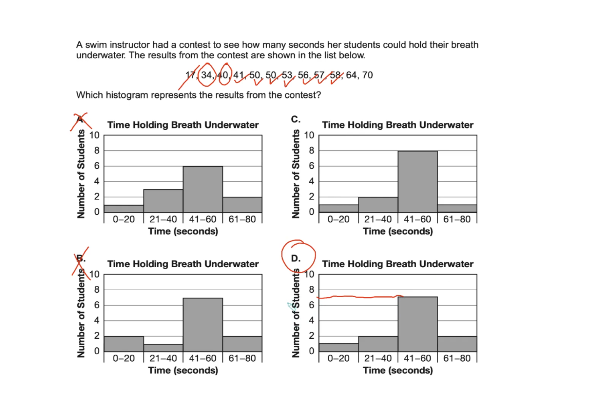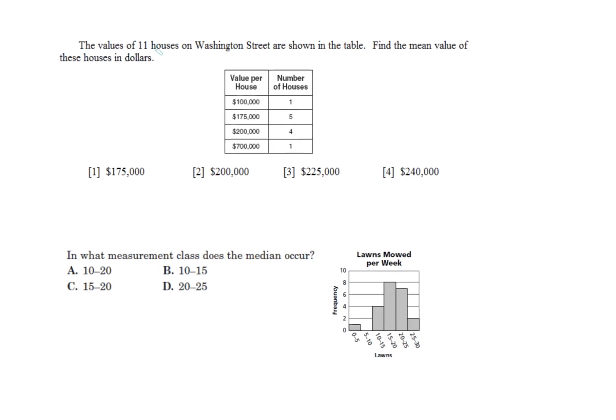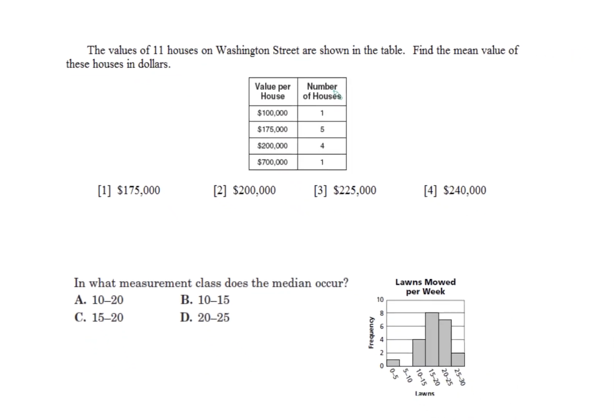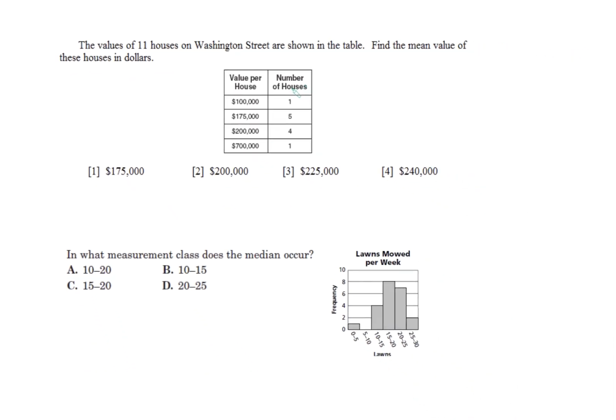The best thing about this problem is I like that they put it in order from smallest to largest. So that really helped us out. The values of 11 houses on Washington Street are shown in the table. Find the mean value of these houses. So we have to find the mean. Now, in order to find the mean, you're going to use the frequency. So here, they didn't call it the frequency. They said the number of